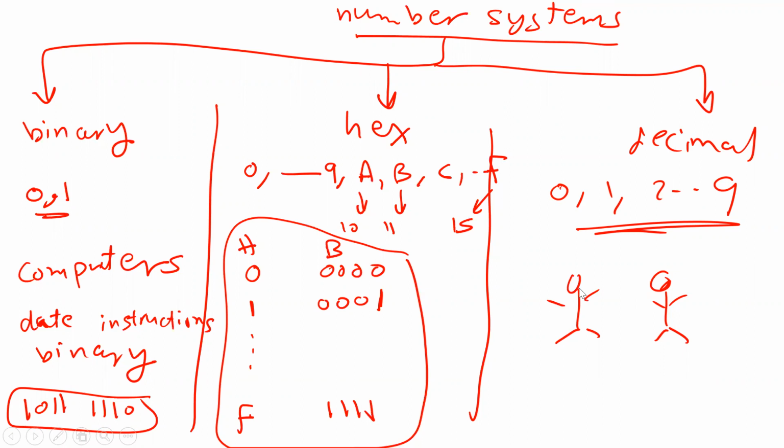This is for humans. Who is using this system? Only humans. It's just for us. And we have another system for numbers. We can represent any number using any one of these systems. We also have another system, the binary system. In the binary system, as you know, we have 2 digits, 0 and 1.